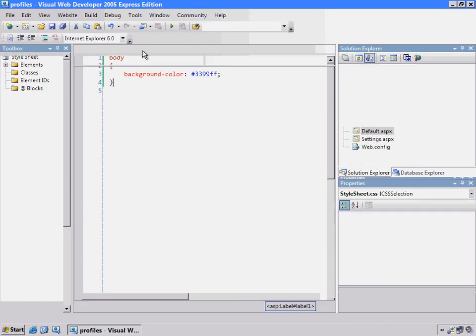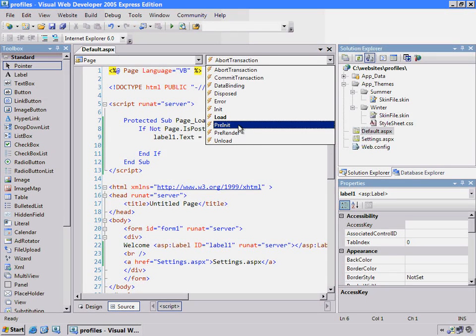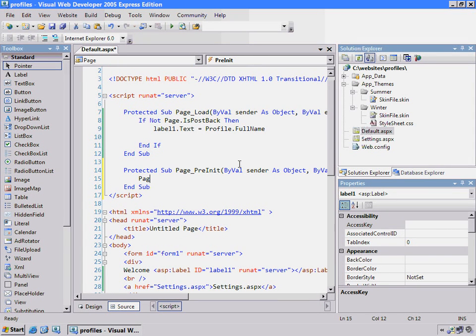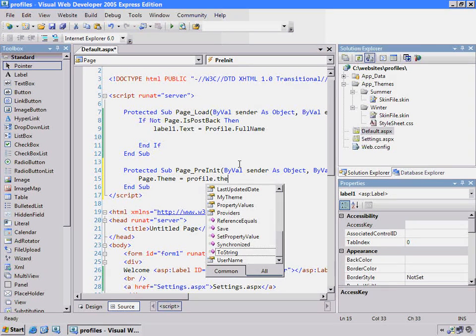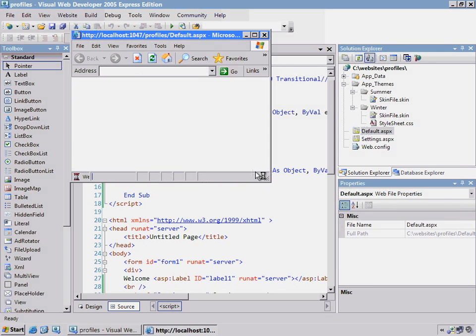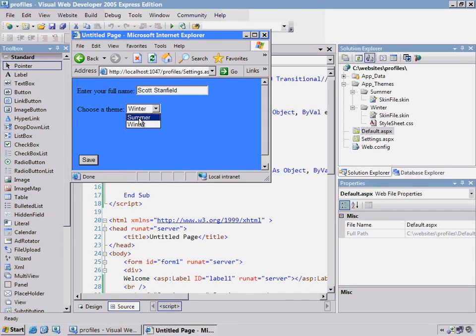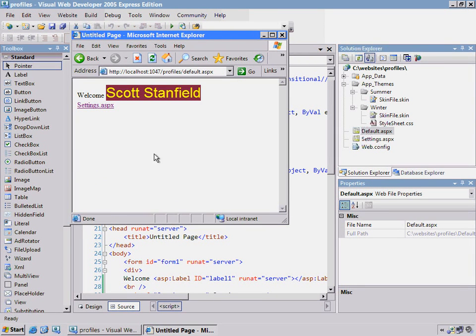So the final bit of code I need is in default.aspx. I need a new method that's part of the page class called PreInit. In the PreInit method, we simply need to set our theme equal to the profile theme. And that's it. So let's view this. Go into settings and we'll choose summer, and there you have it. So we have a nice little profile that stores our full name and the theme. So although these two new features in ASP.NET don't really have a whole lot to do with each other, you can see you can tie them together and have a very nice